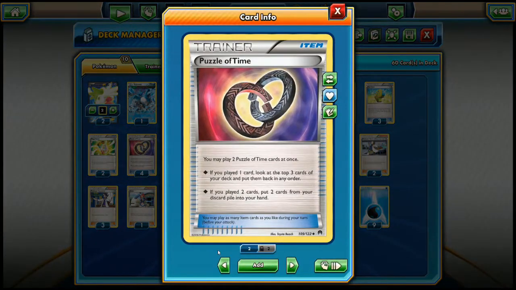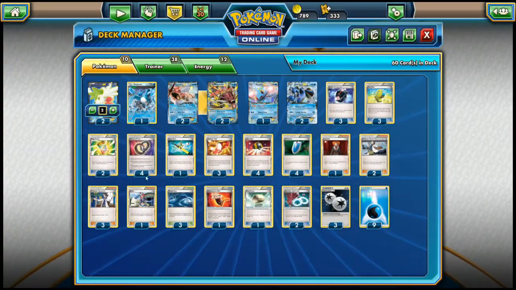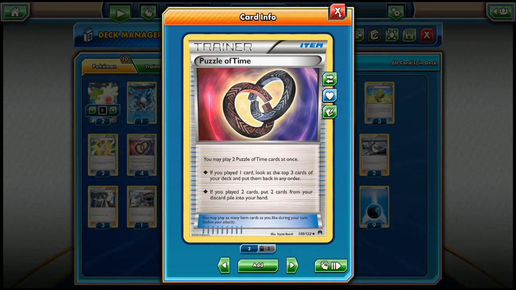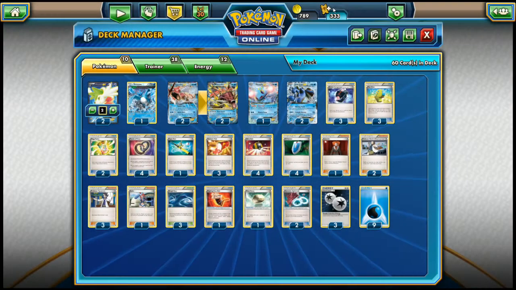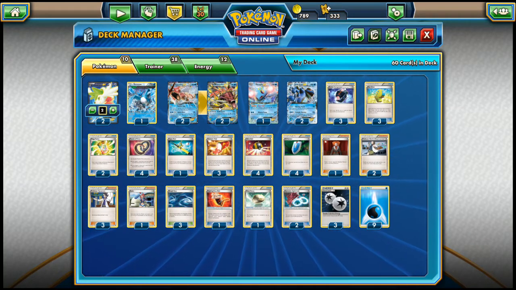And then if you have 2 Puzzles of Time in your hand, you can get those cards back from your discard pile and use them as you see fit. That's why this combination of Battle Compressor and Puzzle of Time is so very powerful. Now, if you only have 1 copy of Puzzle of Time in your hand, you can still make use of it, because you can look at the top 3 cards of your deck and put them back in any order, which can help you out tremendously if you are in top deck mode, which does happen sometimes, because,